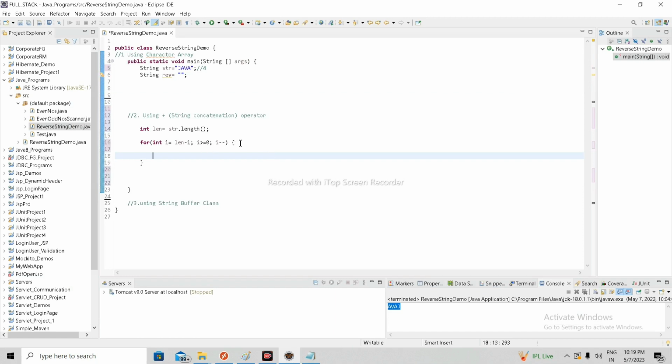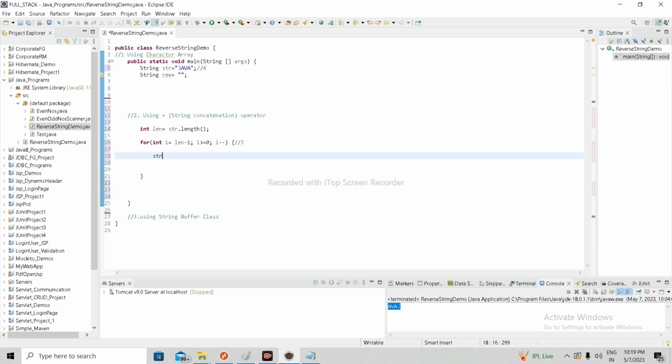Suppose the first time the length is 4, so 4 minus 1 becomes 3. Then I need to know which character is stored at that index. For checking this we use the charAt method.